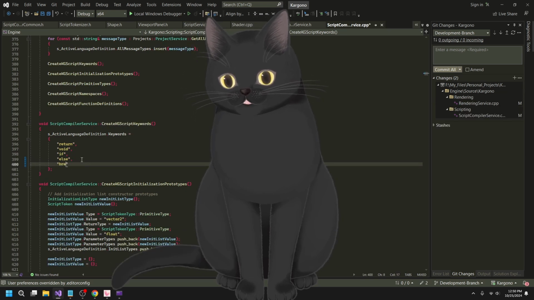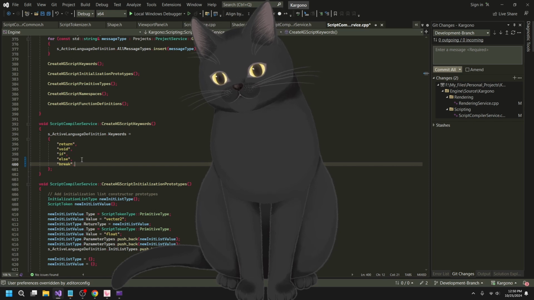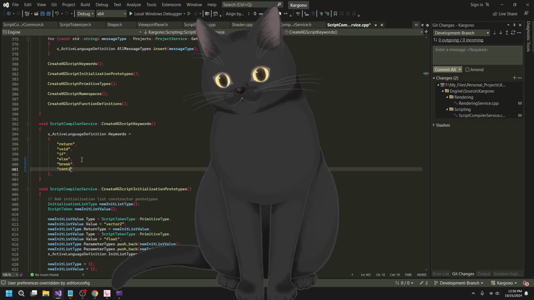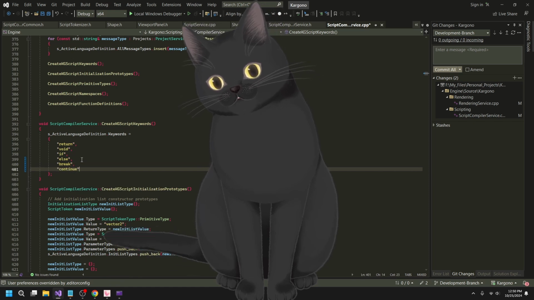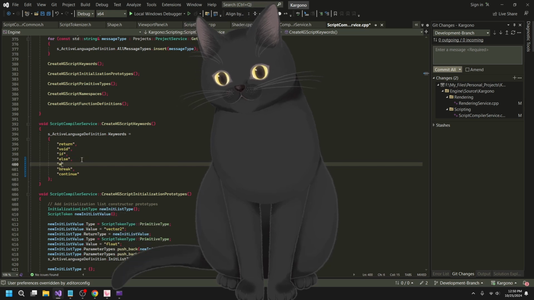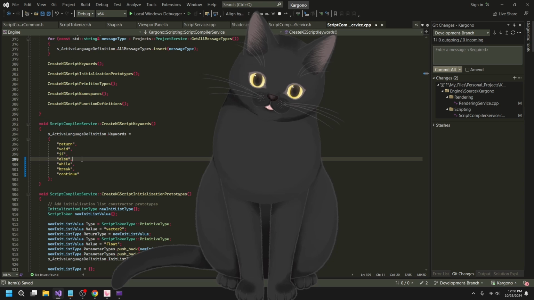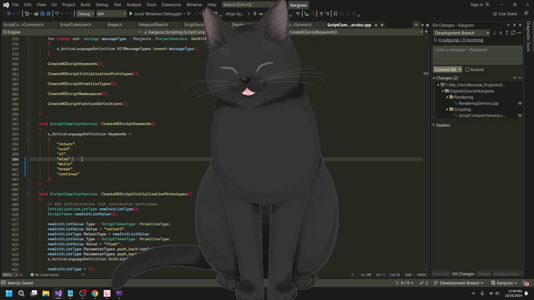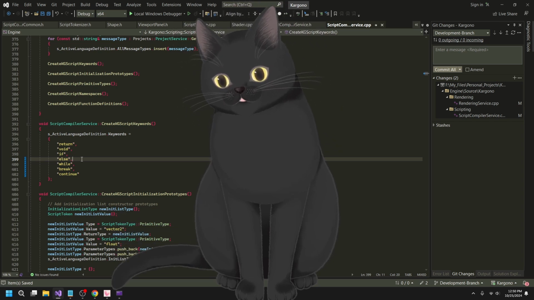Pretty easy. We have break. Continue. One on top is while. And then I believe that's actually as easy as that, to be honest. So now we should be recognizing these as keywords.